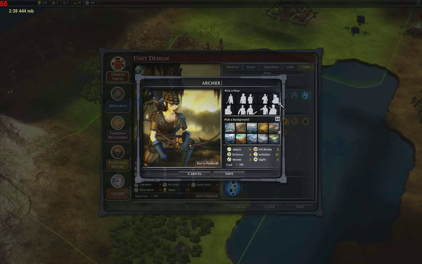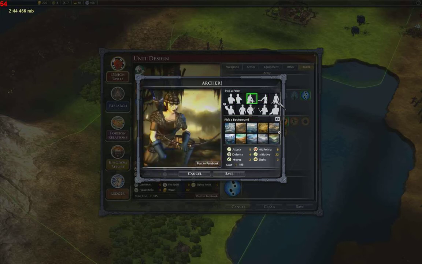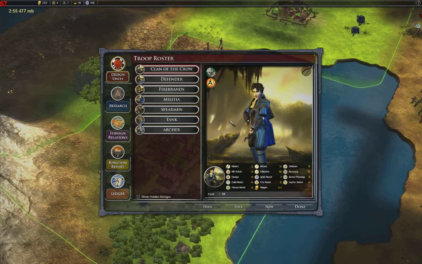Looks like kind of a cool pose there, kind of like a little scouting mission or something. Actually kind of like that, so I might just keep it as is. And let's put him into more of a cool scouty area, kind of like the woods here. Alright, sweet. So I got my new archer,